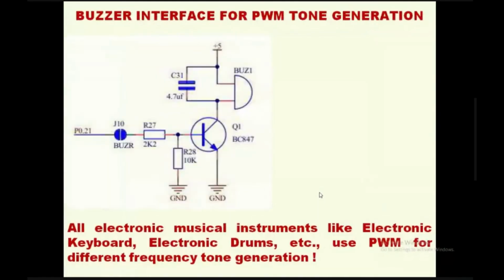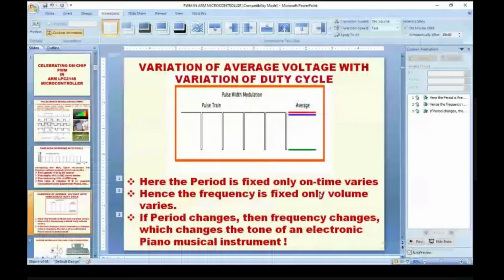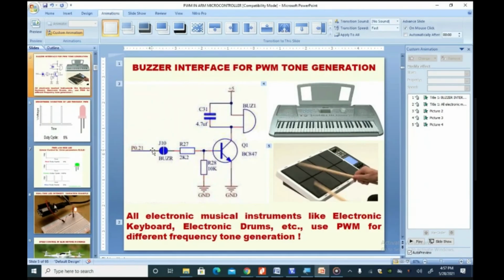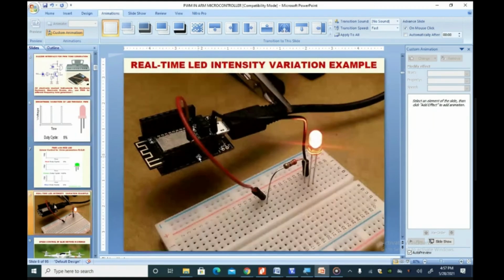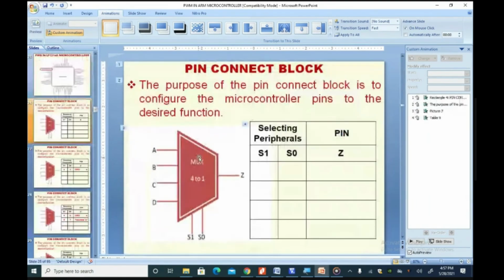இதெல்லாமே இதுக்கு முன்னாடி பார்த்த கான்செப்ட் தான். அடுத்து இந்த பஸர் இன்டர்ஃபேஸ் ஃபார் பல்ஸ் வித் மாடுலேஷன் டோன் ஜெனரேஷன். ஆமா சார், அடுத்து இதெல்லாம் பார்த்தோம். There is no other reason for choosing PWM 5 because buzzer is connected to P0.21. P0.21's alternate function is PWM 5. Hence PWM 5 is being used for our experiment, which is convenient for us to do it with the Rido